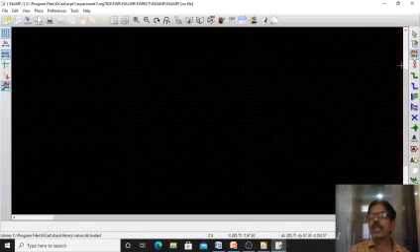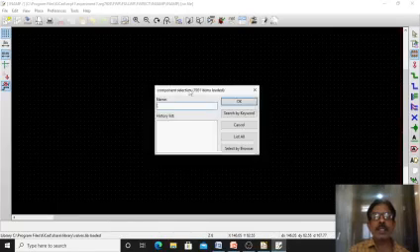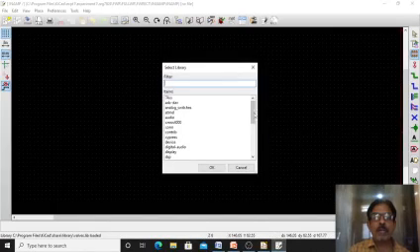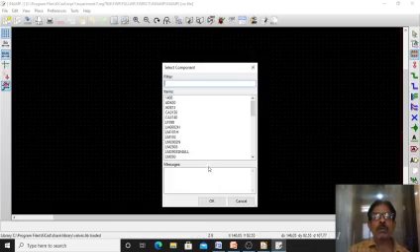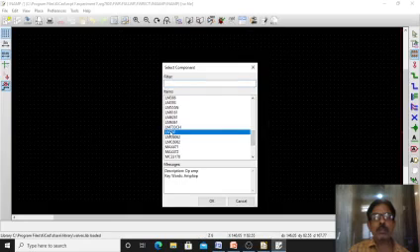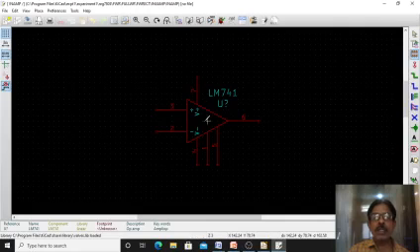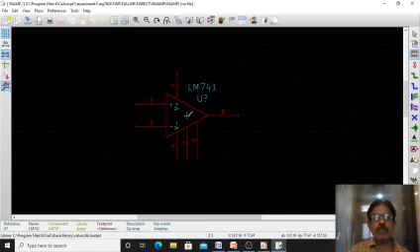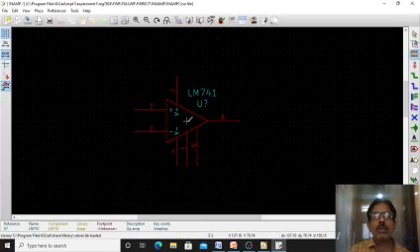First let us take LM741. For that you have to click on place a component, then click here, then list all. LM741 is an analog IC, so you have to search for linear. Linear means analog IC. In that a list is there, you can type the number there or scroll to LM741. This IC has come. It is an 8-pin IC. It will be coming like this.